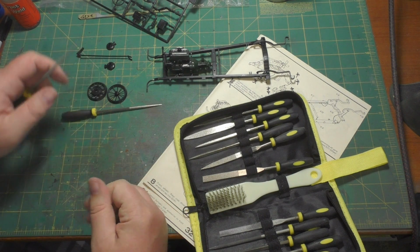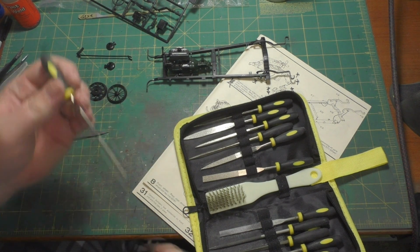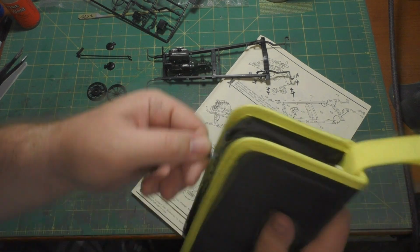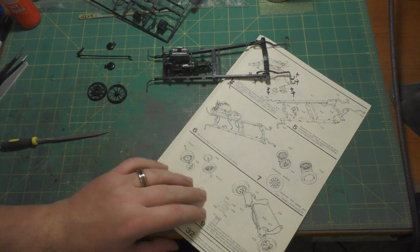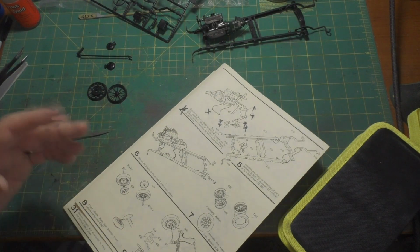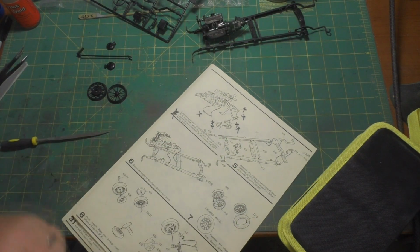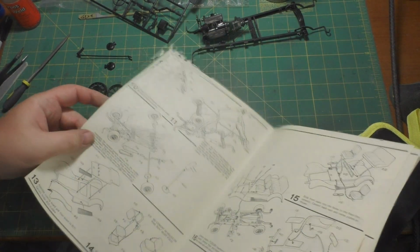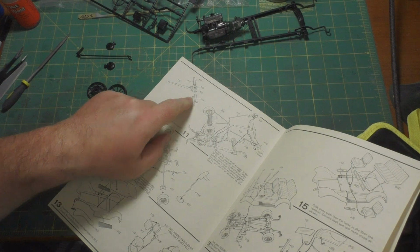Yeah, I took it down really nice. Okay, so I'm just going to keep doing that with the other 4. And then when I get that done, I'll come back and we will work on some more of this, because all this is all going to be painted black. So I want to do as much of it together as I can. So I got to come back, put the rear end together, get the